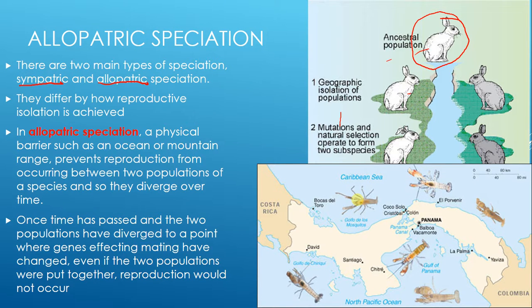So some examples of allopatric speciation is the radiation of all of these different types of lobster down here in the Caribbean and the North Pacific Ocean. They came from one ancestral species that migrated before this Panama land bridge was here. And after the Panama land bridge was formed, the different populations of that species were cut off from interbreeding with each other, and via natural selection developed their own novel traits and speciated, as you can see here.